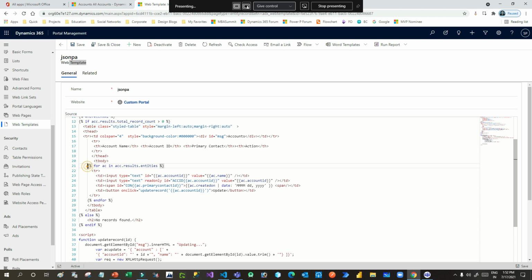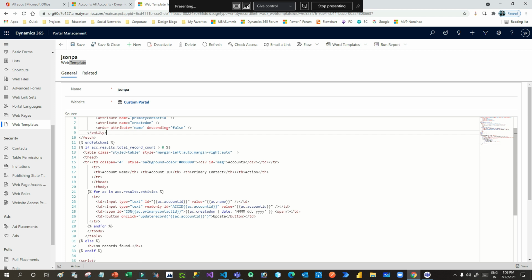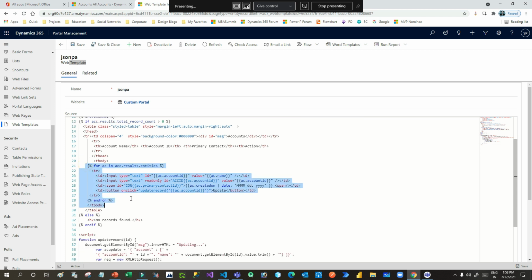So we have used some liquid programming here using a for loop, and this acc is the fetch XML variable that will hold all the returned records, and this data will be displayed through the for loop in different cells. So this is the first TD, second TD, third TD, and fourth TD, right? So let us see how it looks.